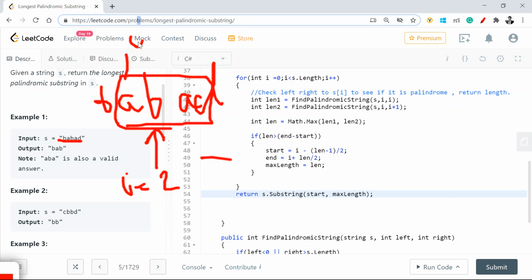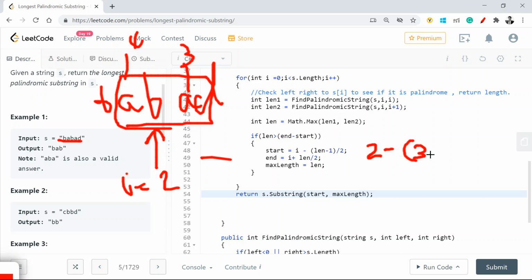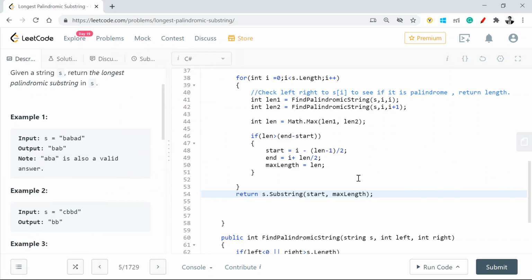A's position is 1 and this other A position is 3, right? 0 1 2 3. So my start with this formula becomes 2 minus (3 minus 1) by 2. This is equal to 1, right? And what is this? 2 plus 3 by 2, this becomes 3. I have got my start and end index, right? Hence the reason we have this formula to get the start and end index.